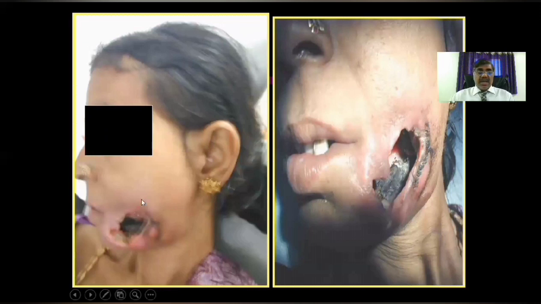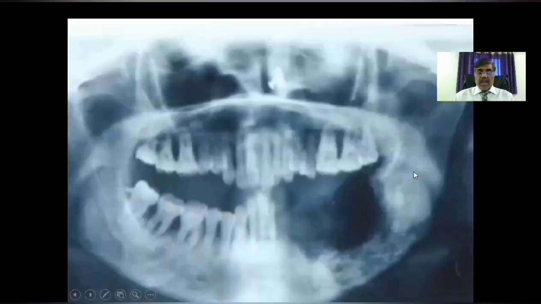Whereas an aggressive lesion like oral cancer, which has resulted in an orofacial fistula, if you take a radiograph, you can see an ill-defined radiolucency with ill-defined margin, and also there is a pathological fracture here. So if the margin is ill-defined, that shows it is a very aggressive lesion. Only two conditions can have an ill-defined margin. One is an inflammatory condition like osteomyelitis, osteoradionecrosis, and also a cancer, oral cancer.